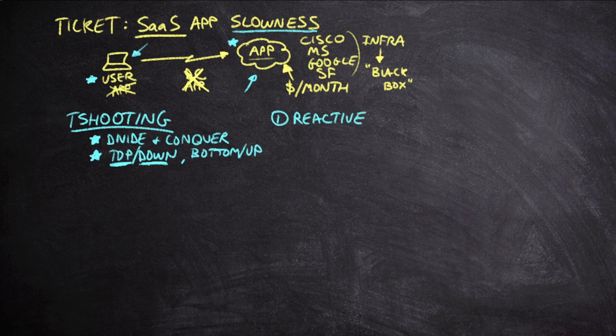I'm not just logging into the network and using these troubleshooting techniques when nobody's complaining. I'm waiting for somebody to complain. This user needs to tell me there's a problem because I've probably got other things that are better uses of my time than simply looking at everybody's Wi-Fi signal. So it is reactive, and that is a big problem when by the time we really log in and see that we have a ticket, the user's probably been having problems for a while.